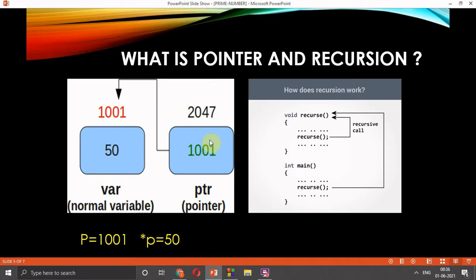And the address of this pointer variable is 2047. It is not of our use. Let's only focus here.